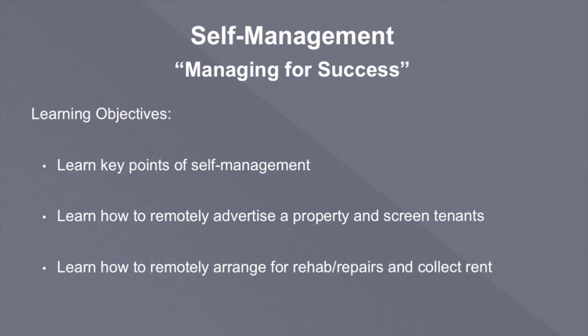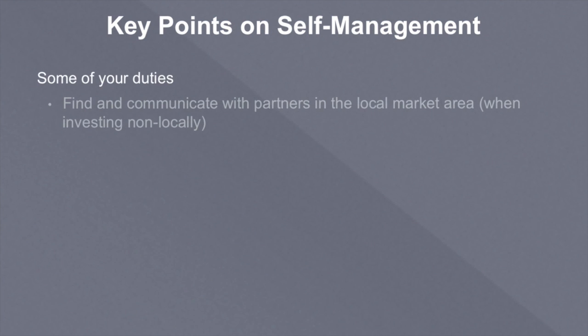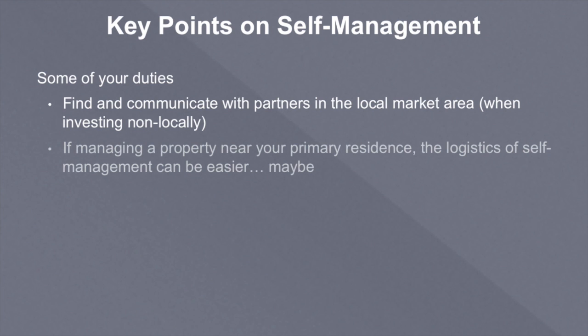And what I'm going to recommend, even though we're going to talk about doing more, just at the outset here, is a hybrid approach where you partially self-manage and you partially use the real estate industry out there, whether it be realtors or property managers, on an a la carte basis. So as we get into this, some of the key points are that you're going to have some more duties. You need to find and communicate with partners in the local market area when you're investing non-locally. And if you're managing a property near your primary residence, the logistics of self-management can be easier,